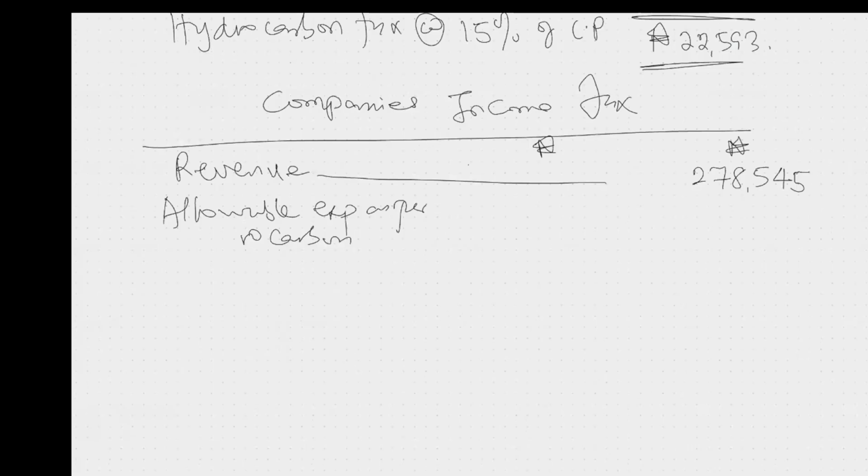Now, there are some expenses that we did not allow before. Finance cost. How much is finance cost? 510. The next one. We have donation to a recognized charity home. How much? 130. The next one.